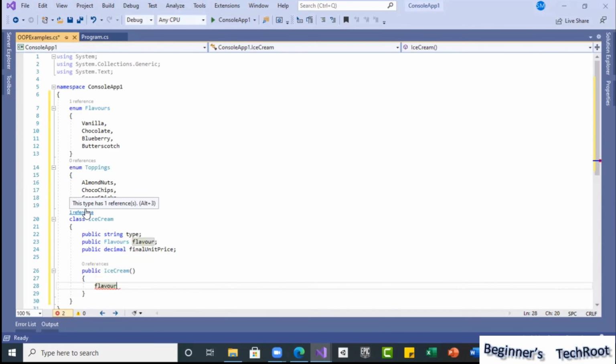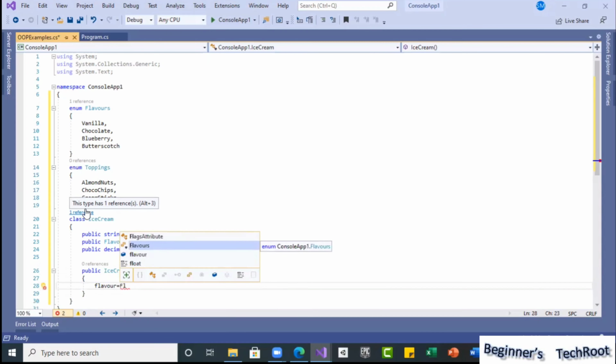So flavor equal to, or we can take parameters and give it. I will make it two things just for understanding. So by default, suppose I will assign some flavor, for example,